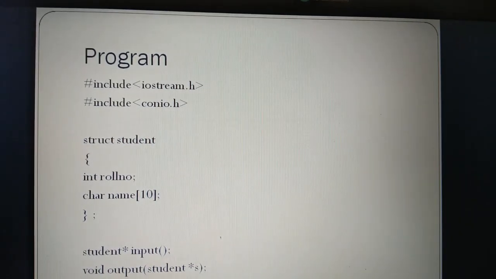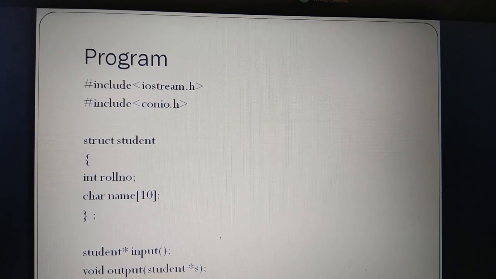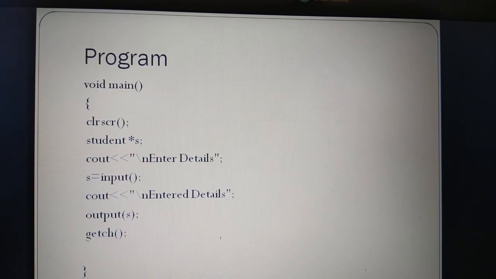This is a program related to returning of array of structure from function. Here the structure is created and two functions are created, that is input and output. This is a function prototype. You can see that within the output function there is a pointer, as you know that it holds the address of another variable. In the main function,